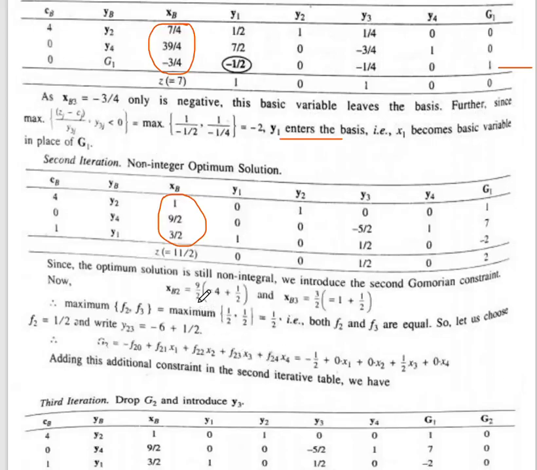So here xb2 is 9 by 2, whose fractional part is 4 plus 1 by 2, so 1 by 2 is the fractional part, and 3 by 2 is 1 plus 1 by 2, which is also 1 by 2. So 1 by 2 is the fractional part of the second row and the third row. The maximum of these is f2 and f3, so let us choose arbitrarily. Let us choose f2, which is 1 by 2. Therefore y23, minus 5 by 2,